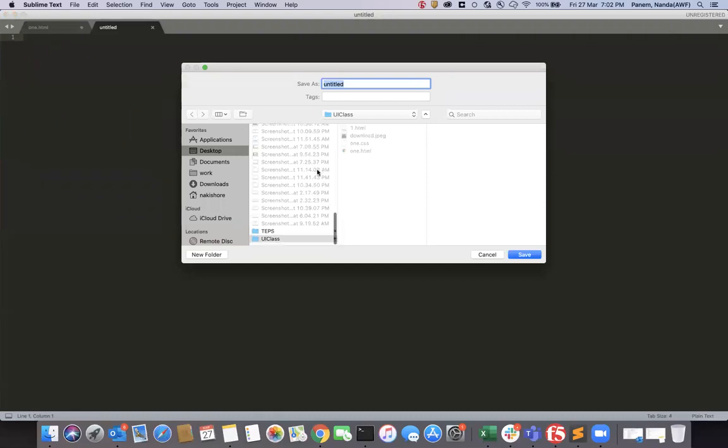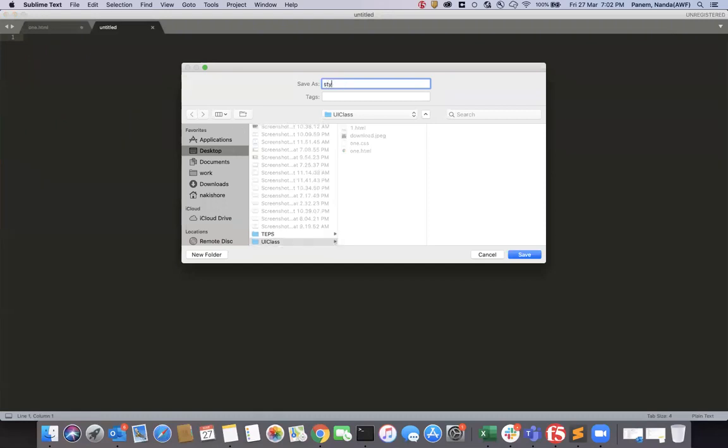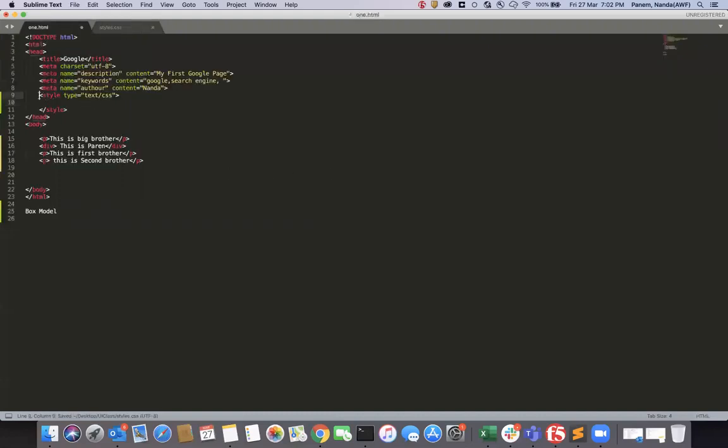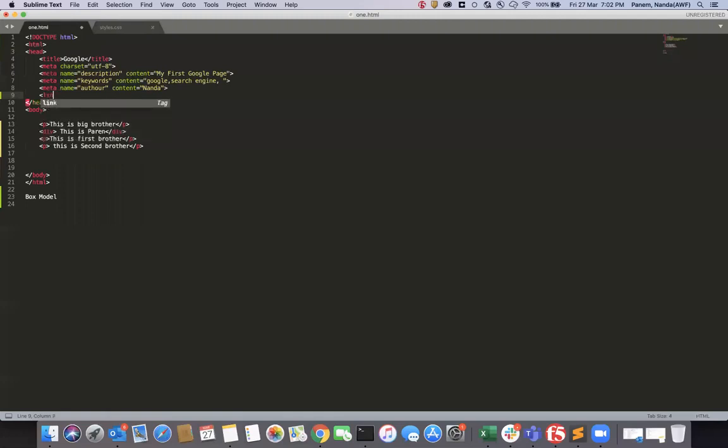I can name it styles.css, add the styles, and then link those CSS styles to the current HTML page by using the link tag with rel as stylesheet and type as text/css, and then provide the link to the style sheet.